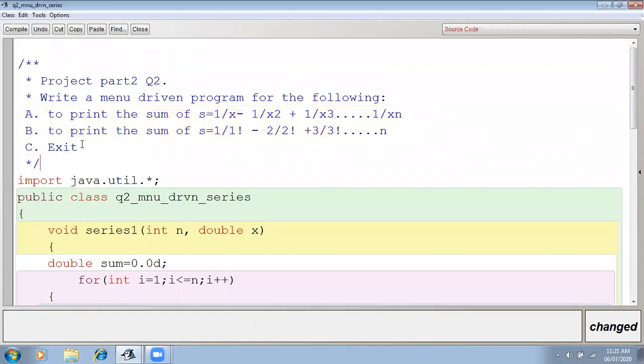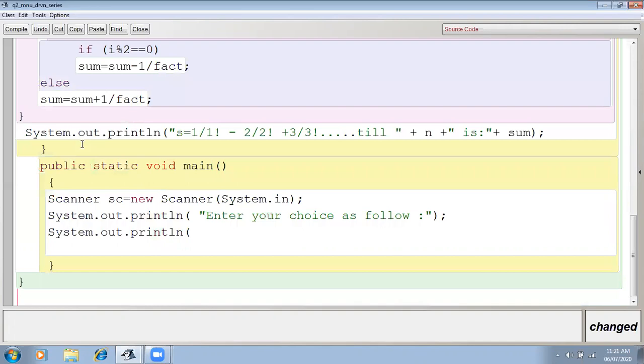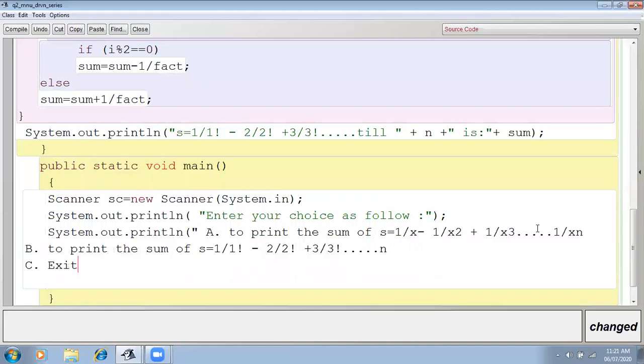Control C, here I'm doing. Then here, at the last line, A, to print the sum of this. Okay, then here I should give backslash n. Backslash n, if you remember, it is your new line.